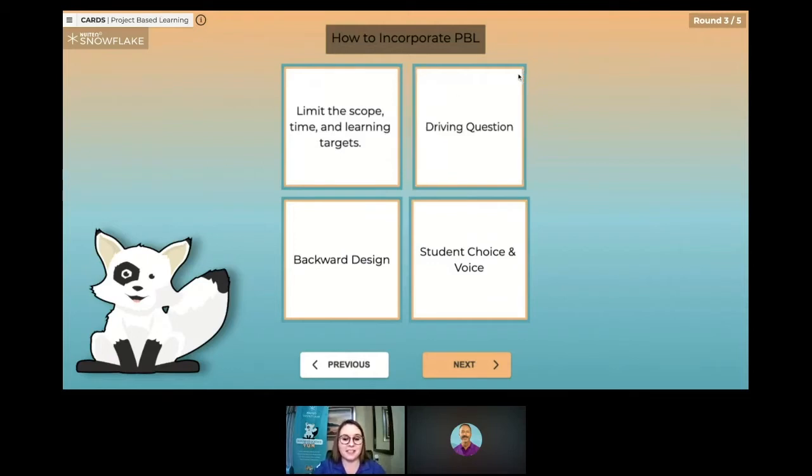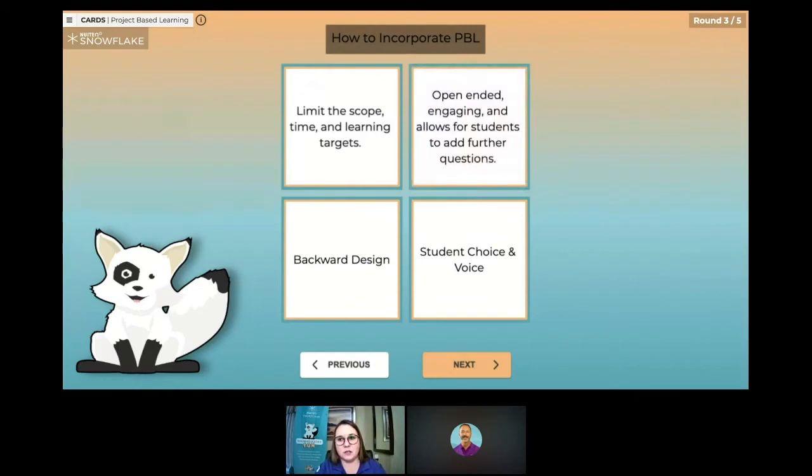Project-based learning also needs to have a driving question. These questions need to be open-ended, they need to be engaging, and they need to allow students to ask further questions. That's going to drive forward their research. So it would be posing a problem, and students would need to solve that problem, or they would need to be able to answer a particular question. And the way that students would learn is they're going to learn that content through the research around that driving